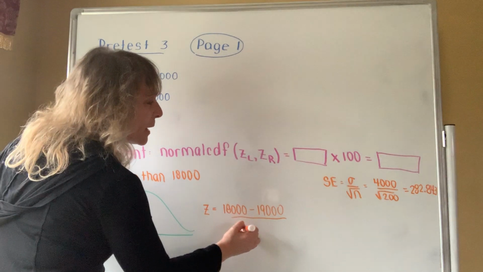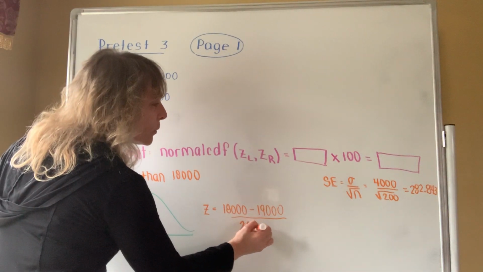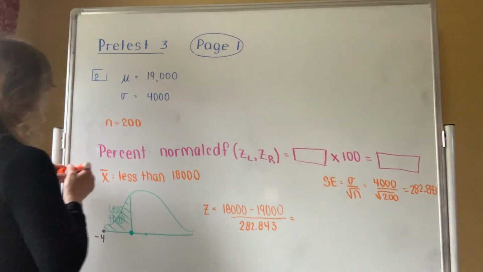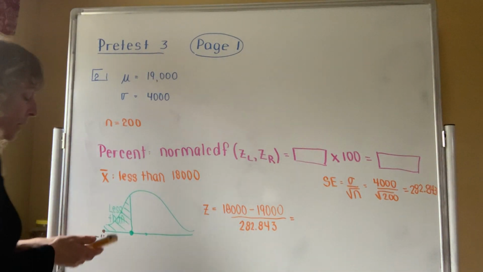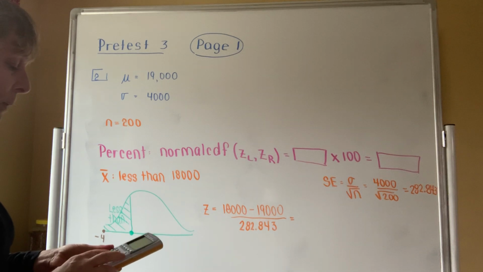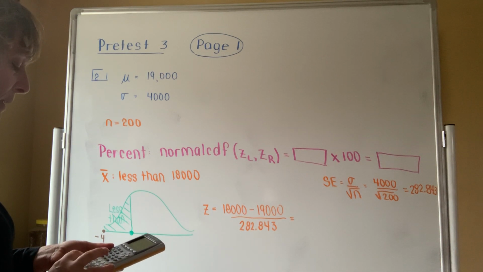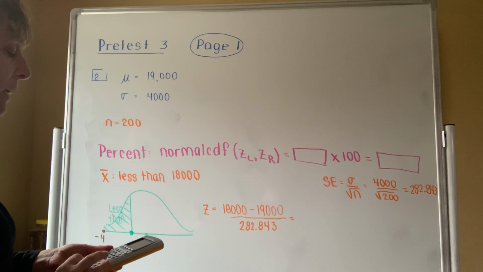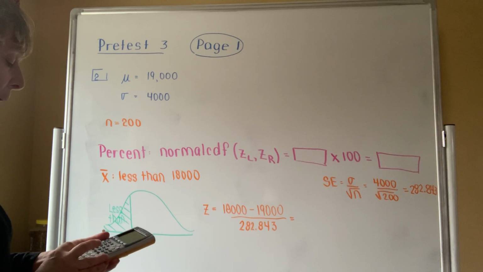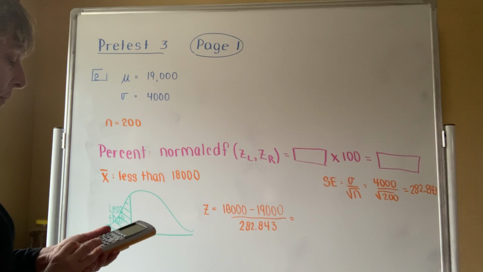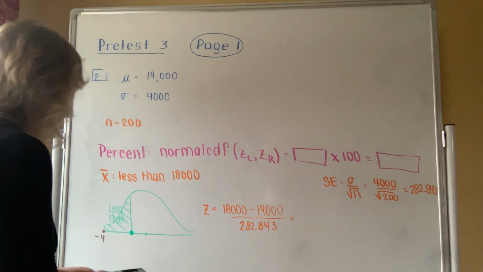So you're going to divide it by that, 282.843. And I'm going to pick up my calculator and I'm going to type that in. So I know when I type in 18,000 minus 19,000 equals, and then divide it by 282.843. My z-score comes out to be